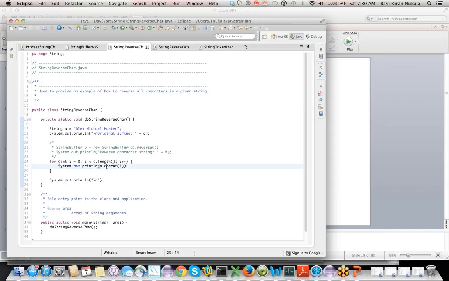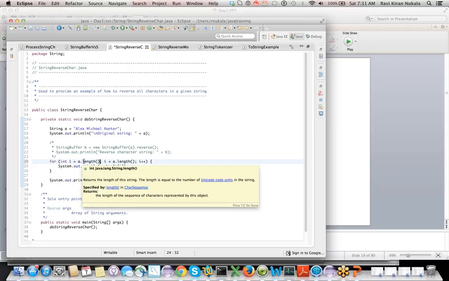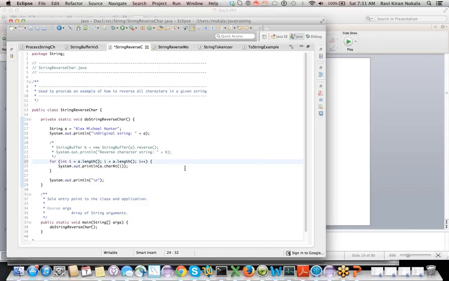To get it in reverse, initialize i with a dot length minus 1, and i greater than or equal to 0. I cannot hear you, you are really far from the mic.